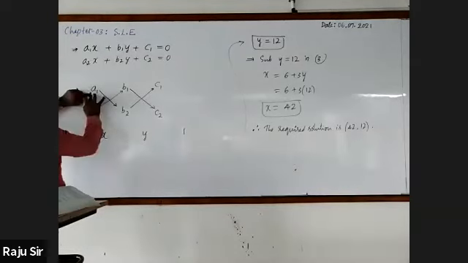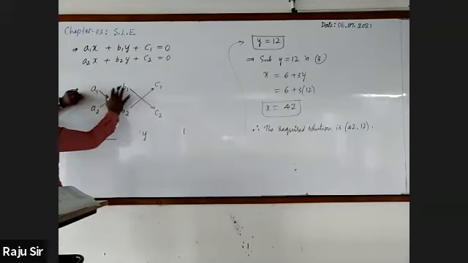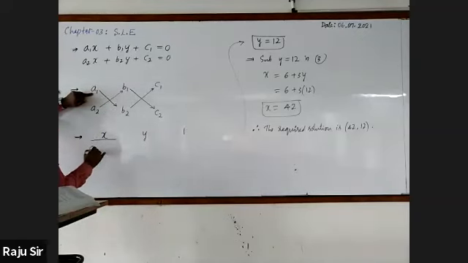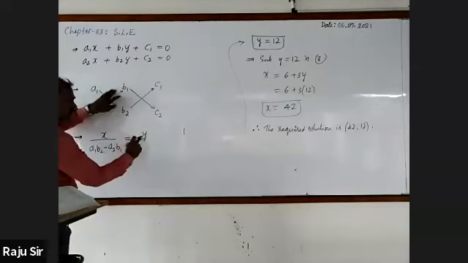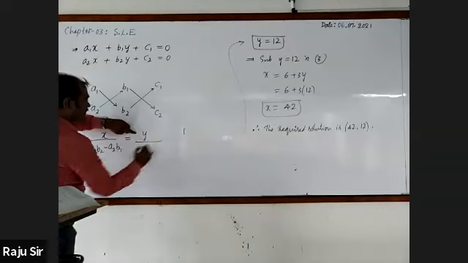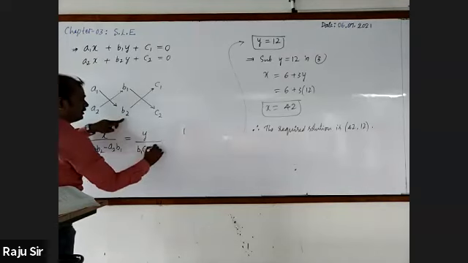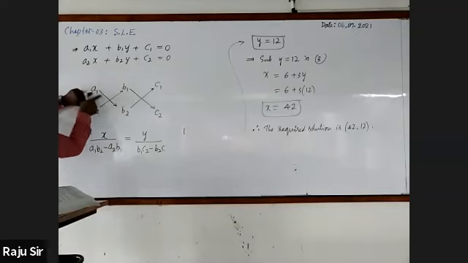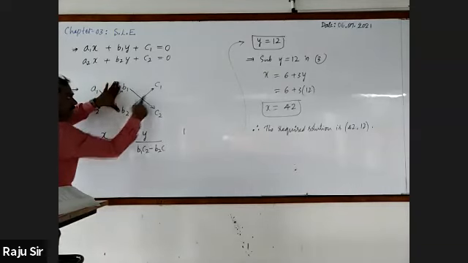And here, with respect to x, we will go for cross multiplying by taking the first two coefficients a and b. See that, a1 b2 minus a2 b1. It will be equal to, next we will go for taking y, where y is b1 c2 minus b2 c1. When you are writing the terms, first we are moving from top to bottom, then bottom to top. Next BC, top to bottom, then bottom to top.